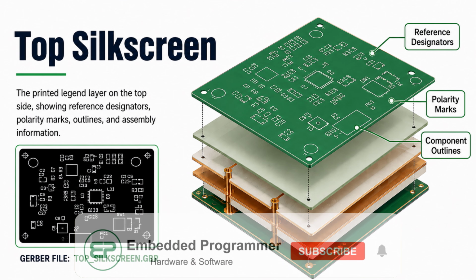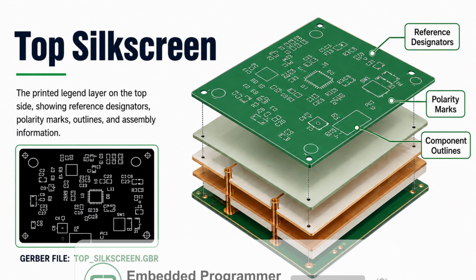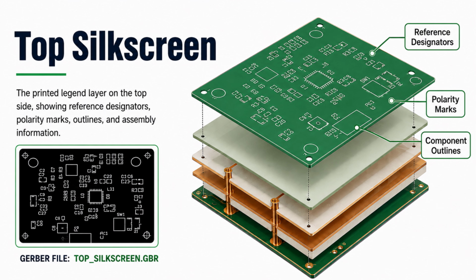The top silkscreen layer is the printed information layer on the top side of the PCB. Unlike copper layers, it does not carry electrical current, but it plays a very important role during assembly, inspection, testing, and repair. This layer usually contains reference designators such as R1, C3, U2, and J1, which help identify components on the board. It may also include component outlines, polarity marks, pin 1 indicators, logos, revision numbers, warning symbols, and assembly